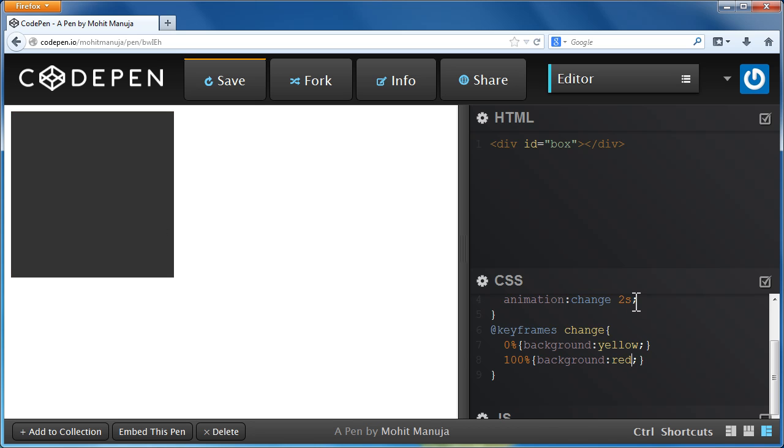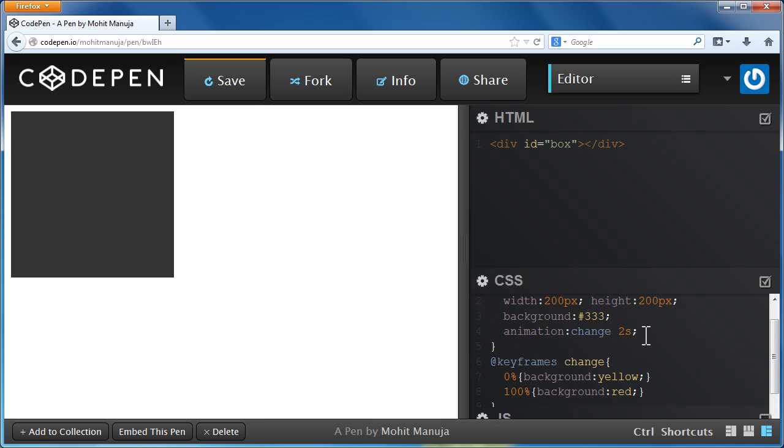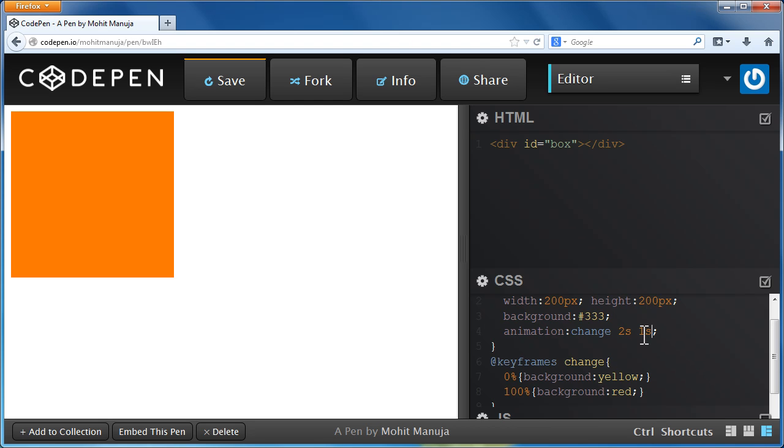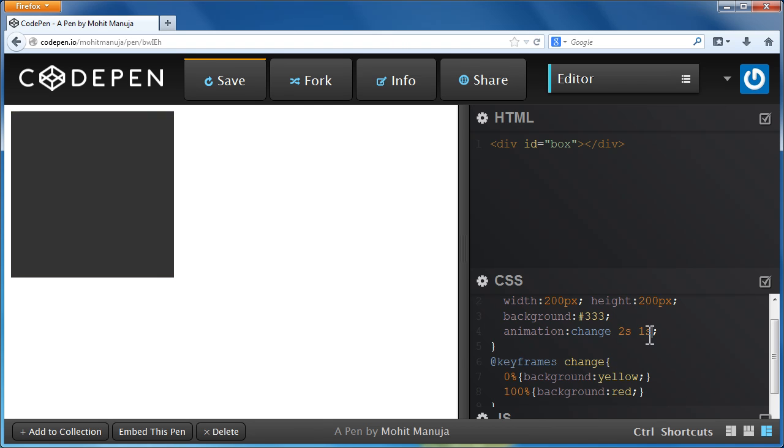Yep. So now I'm gonna deliberately insert the delay parameter of the argument. Let's say 1s. As I said, delay always comes after the actual duration. So the kickoff happens not immediately, but after a delay of 1 second, and then you see an animation duration of 2 seconds. So the order can be anything, but the order of the animation duration and the animation delay has to be this: first the duration, then the delay. Alright,